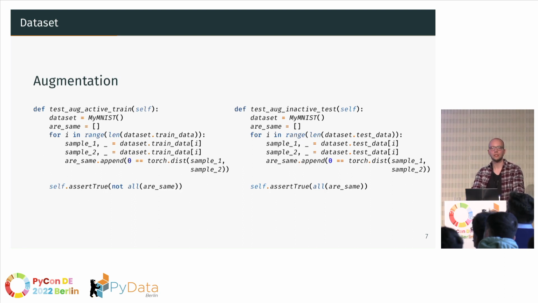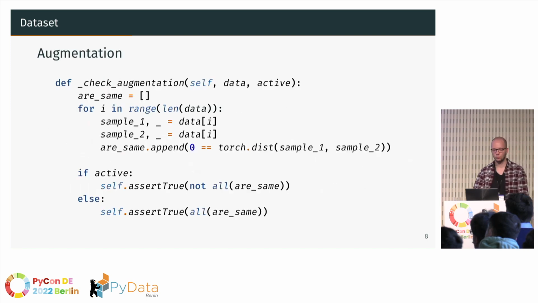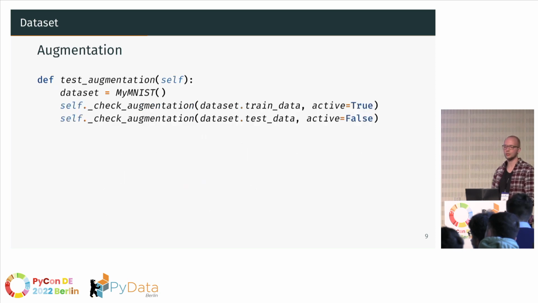And the third rule of tests comes in: it should be readable, and redundancy is probably not that readable. So we can just extract a helper function here, which we will call check augmentation. It does exactly the same stuff, but you can check if the augmentation is either active or not active. And with this helper function, we can then just merge our two test functions into one and check